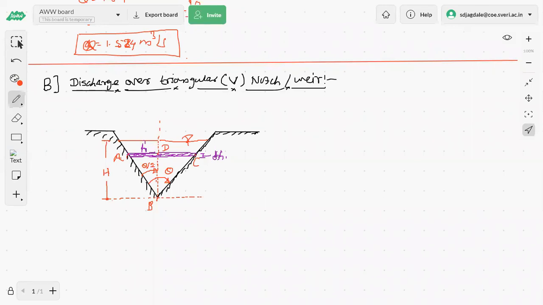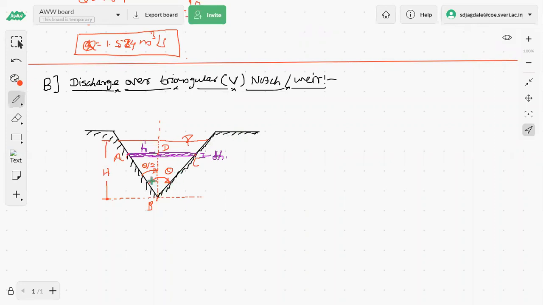Now the next derivation part for the discharge is for the triangular, also called a V notch or weir. So we are going to derive the equation for the discharge passing through the triangular weir, or over the triangular notch. For that purpose, we have considered a V shape or triangular notch